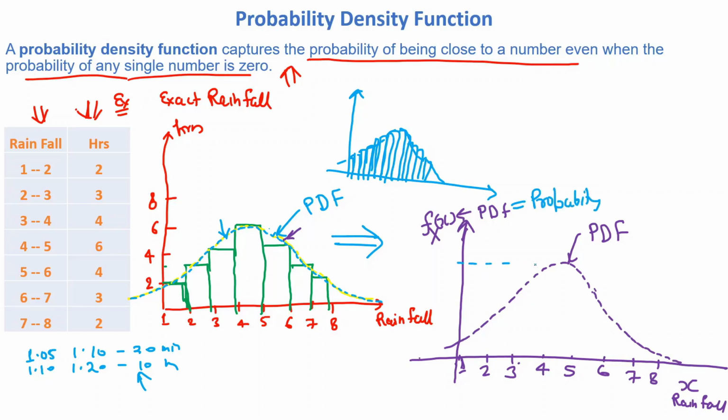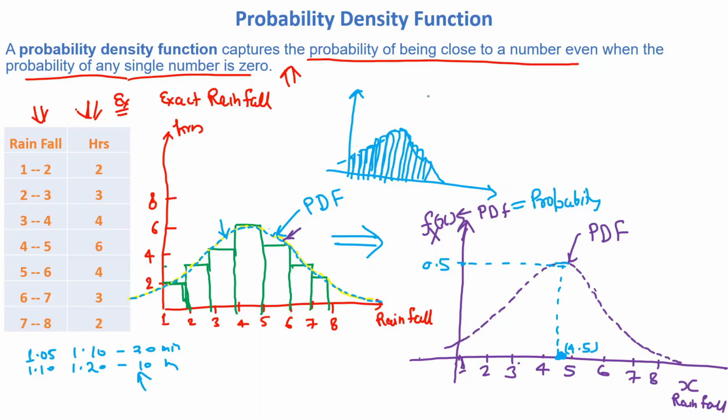This probability is 0.5. We can say that 4.5 inch is your median. We can just assume that. So if I ask you what is the probability of 4.5 inch rainfall, you will clearly say that it is 0.5. But think logically. Is it possible? Just think about this particular thing. I think it is not possible. Let me explain why it is not possible.